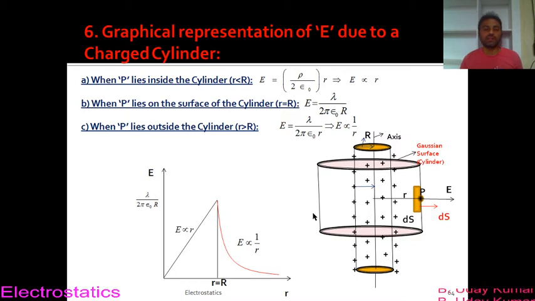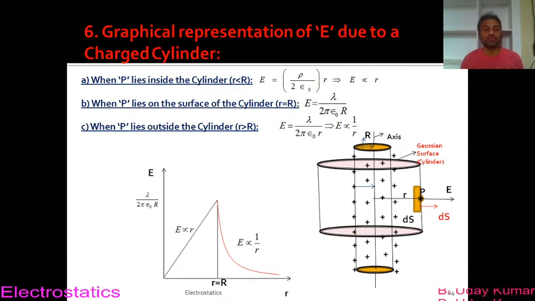Okay, fine, that's it. These are the graphical representations of electric field intensity due to different systems of charges. Anyway, these 6 topics are very, very important for board examinations in terms of derivation, and from the competitive examination point of view, these graphs are most likely to be asked, right? So have a keen look at those graphs and formulas. Try to remember them.